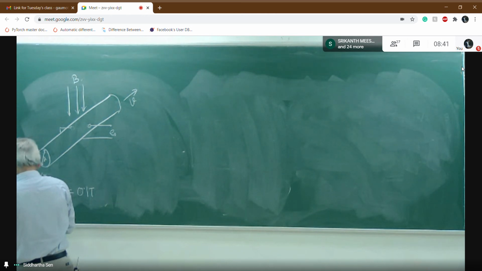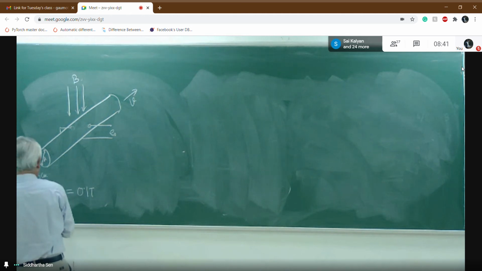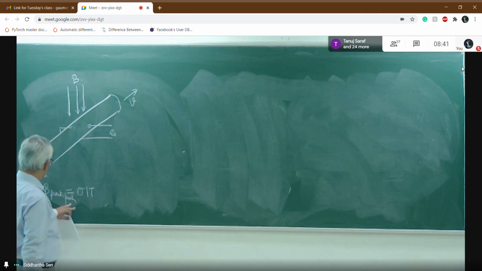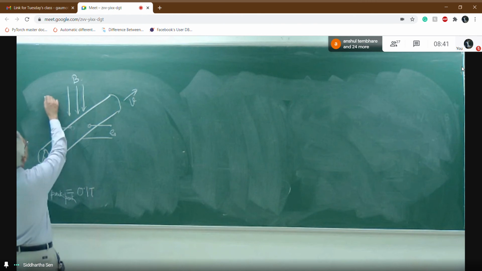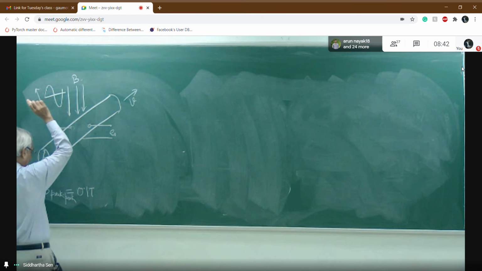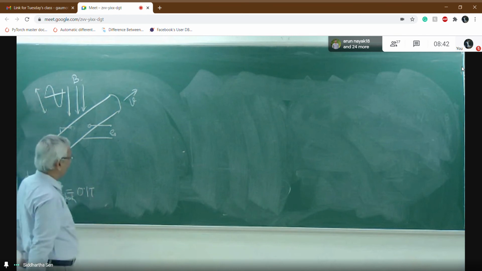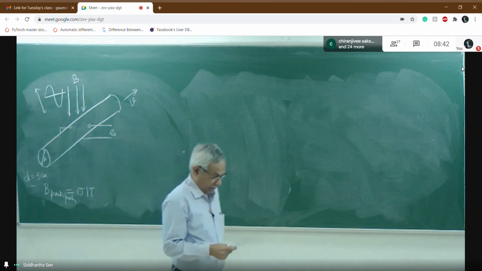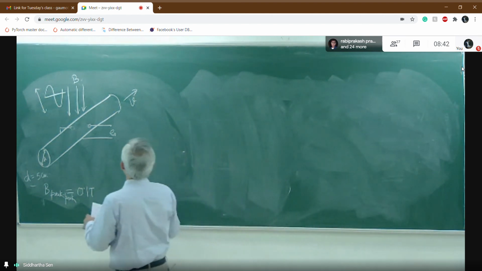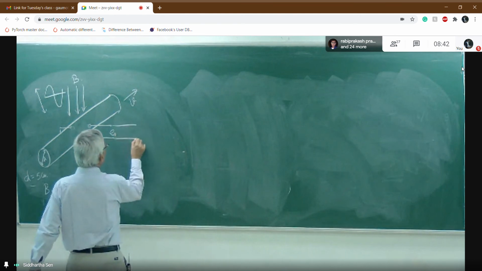So what is happening is that, I just make it a peak to peak value because I made a mistake. I thought it is a peak value, but it is a peak to peak value. That means it is time varying here, and the peak to peak value is this much, that is 0.5 Tesla. And the output of the flow meter is taken to an amplifier of a gain. So an amplifier is connected.